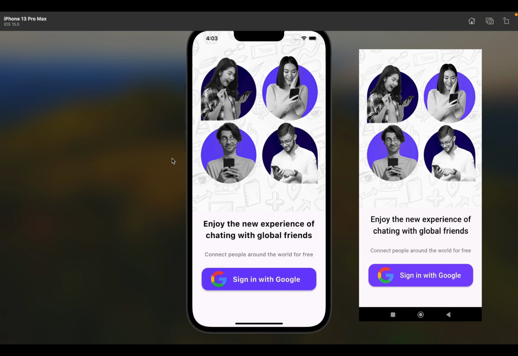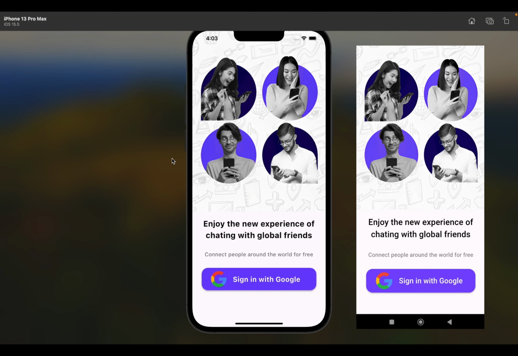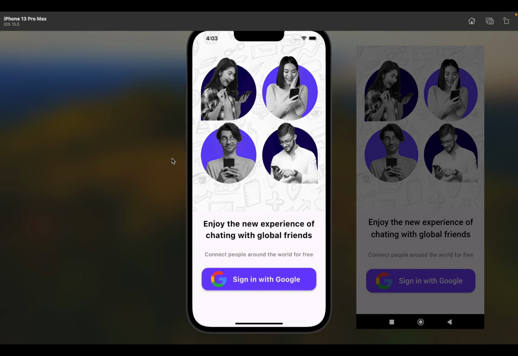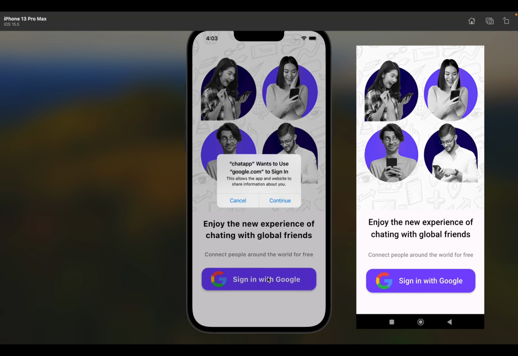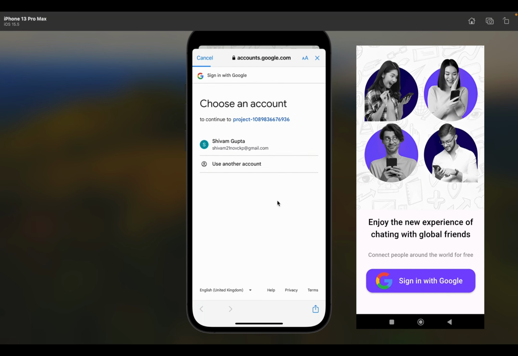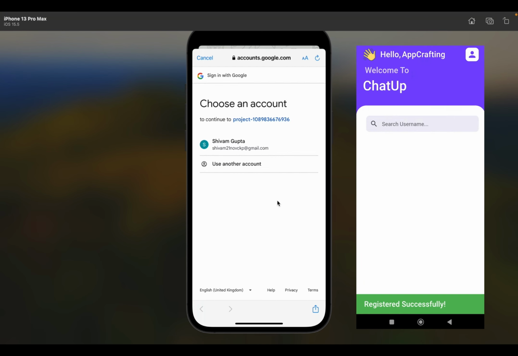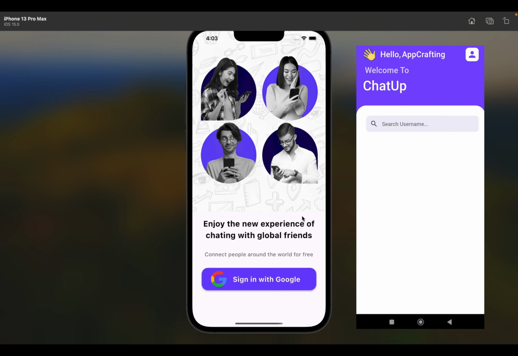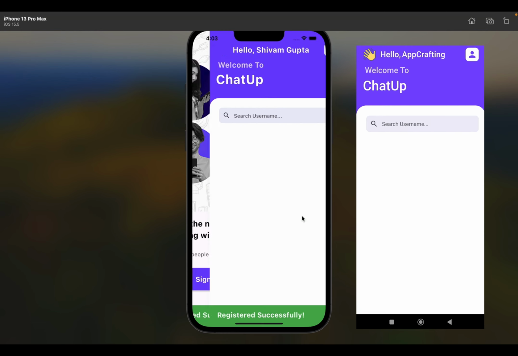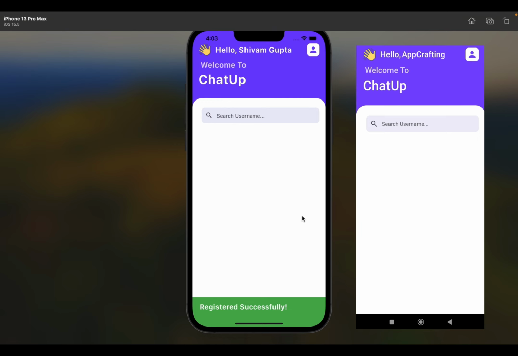Here, first I'm going to authenticate with the help of Google on my Android device. Then I will authenticate with the help of Google on the iOS device. So let's click this sign in with Google button, and now we'll click this iOS button also, and we'll select one of my accounts for my Android device and one of my accounts for the iOS device. Now we'll sign in with Google on both devices, and we have registered successfully